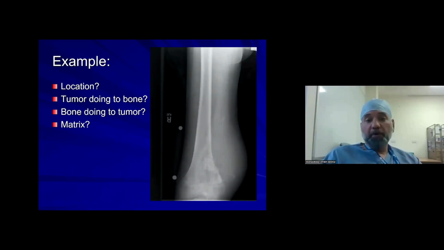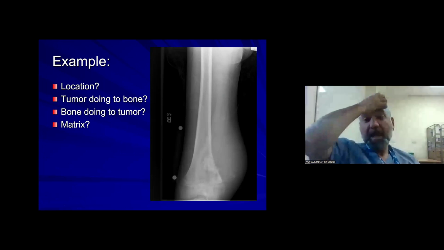So, for example, look at this picture. This distal femoral X-ray, you can see that there is a lesion over the distal metaphysis, which is eccentric. There seems to be a soft tissue component with some calcification around it. So there are all the features of what you can think of as a malignancy. You can also see that there is a slight periosteal reaction here with a slight Codman's triangle. You see an interrupted